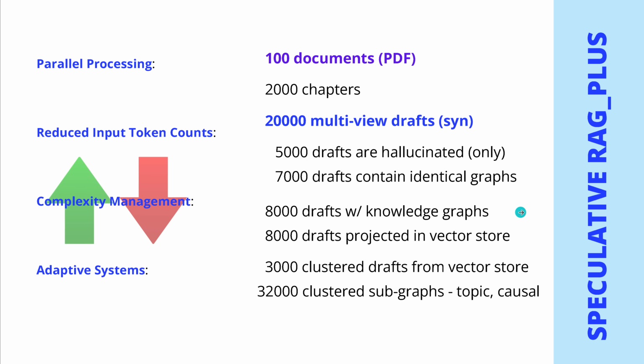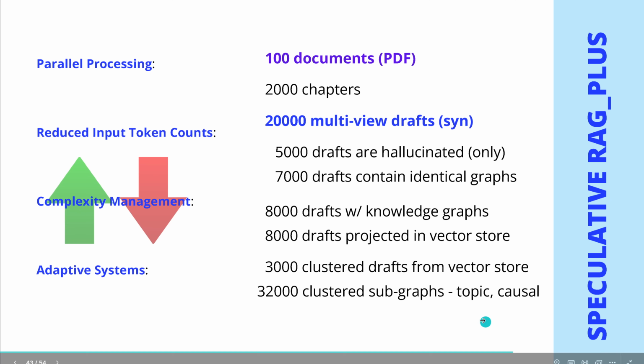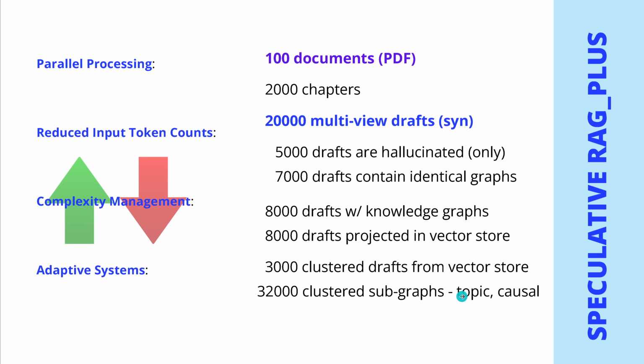Beautiful. So what we get back from our vector store, we get now about 3,000 clustered drafts back from the vector store, plus if we look now at the clustered subgraph analysis, we get about, I just have an idea, about 32,000 clustered subgraphs that are topic specific and contain here a causal, let's call it a reasoning chain. So we are left now with about 35,000 clustered sub-elements that are either representations from the vector store and embedding, or are now subgraphs that we have to apply our complete GNN or graph neural network toolkit for analyzing 32,000 subgraphs. To do this, yes, I think currently it is not able to do,